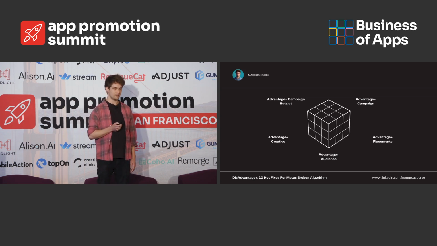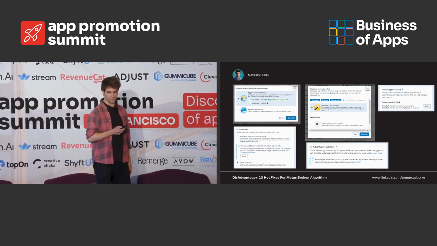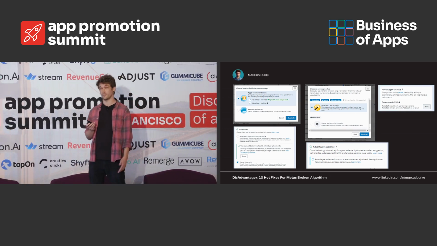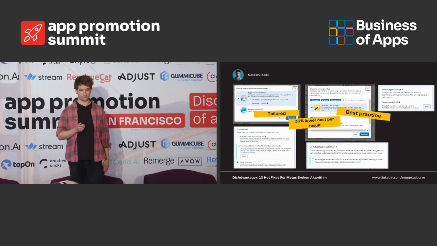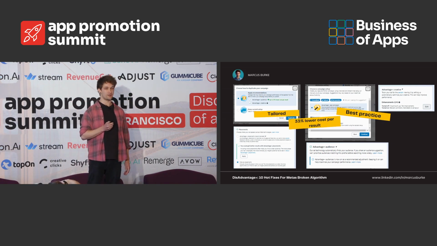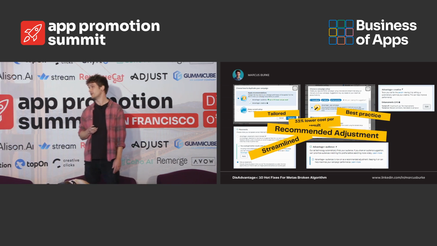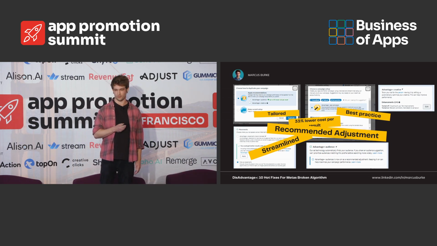And it can be really messy at times if you go into Ads Manager and you're seeing all these different labels on things that recommend to, in the end, turn all of this on, or Meta even by default turns things on, and it tells you it's going to be tailored, it's going to be best practice. You're going to see 33% lower results, it's streamlined, or it's the recommended adjustment. So who would want to argue with that? If Meta tells you this is the way to go, of course I'm going to opt in for all of